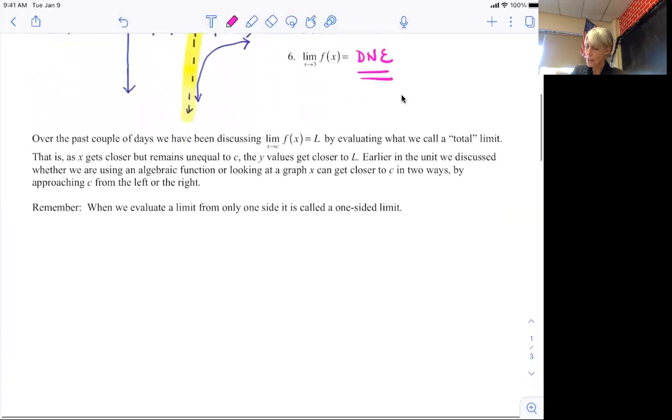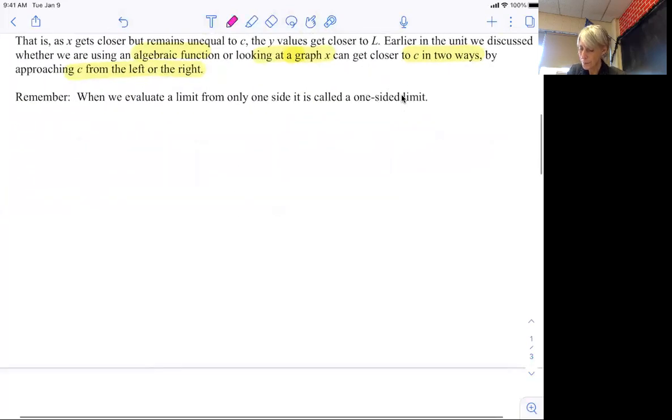So over the past couple of days, we've been discussing the limit as x approaches c of f of x equals L, some number, that's all that means, by evaluating what we call a total limit or a general limit. That is, as x gets closer to but remains unequal to c, the y values get closer to L. Earlier in the unit, we discussed whether we are using an algebraic function or looking at the graph, x can get closer to c in two ways, by approaching from the left or the right. So I just want to remind you,